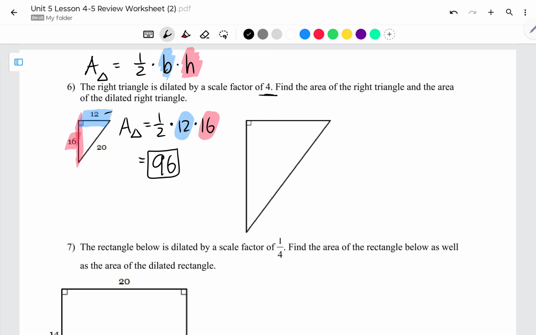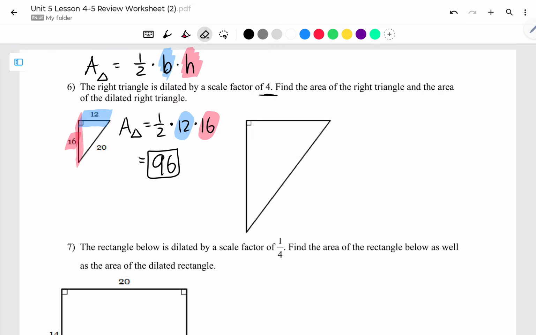So we could just go ahead and do this, right? 12 times 4, that's 48. 16 times 4, that's 64. And then we have the base and the height of this triangle, and then use that to find the area of the bigger triangle,